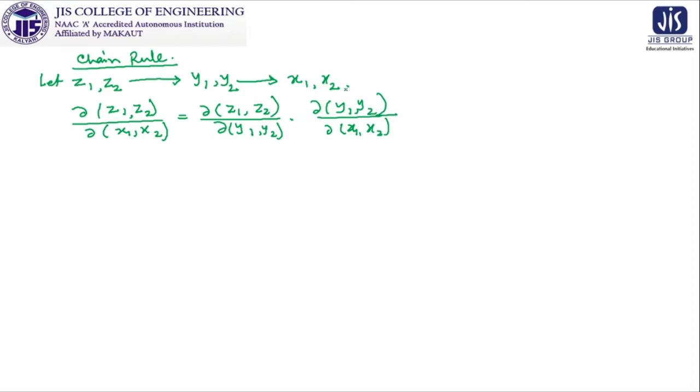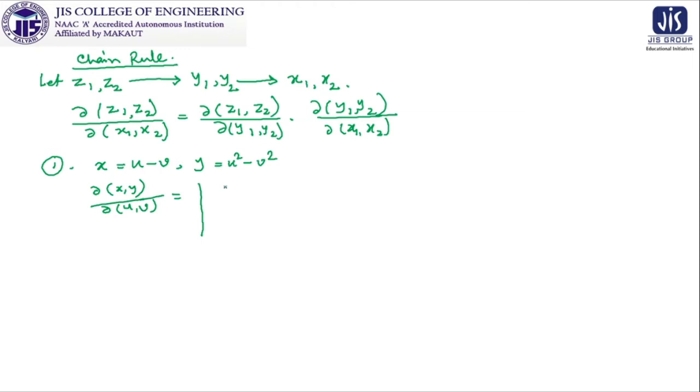Now the definition of Jacobian and the chain rule of Jacobian is clear. We will now exhibit some basic problems of Jacobian. So the first problem will be something like this. If we get x equal to u minus v and y is equal to u square minus v square, and we have to find the Jacobian del xy by del uv, then according to the definition what we get,